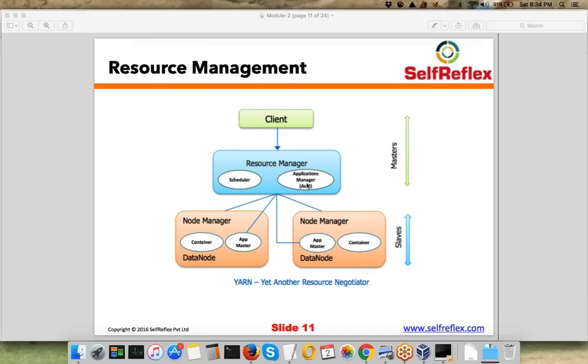So this applications manager will again find a free container on some other slave node, and then it will launch an applications master again, so that your application can complete in the second try, right? So you need a high level authority which can manage all these app masters running.